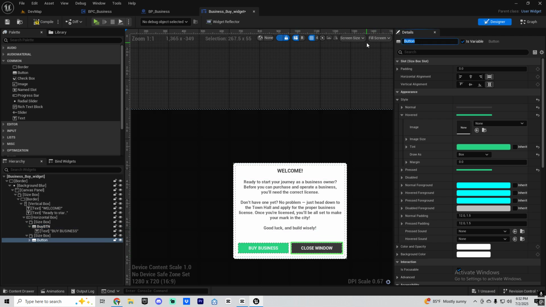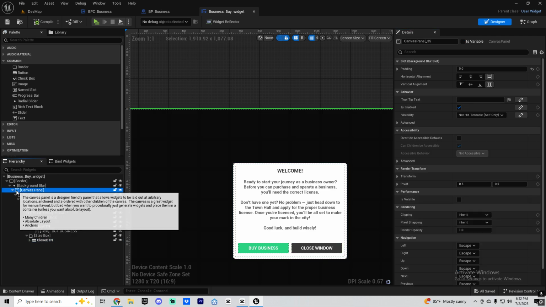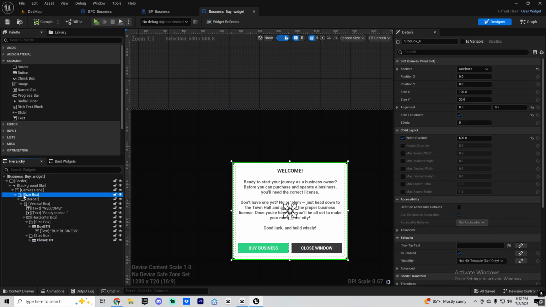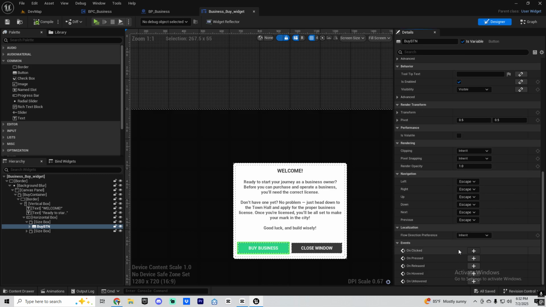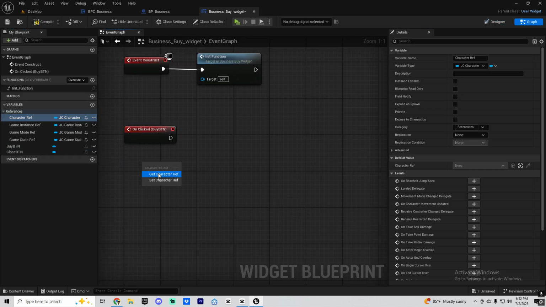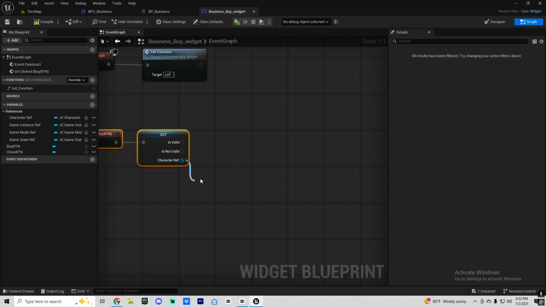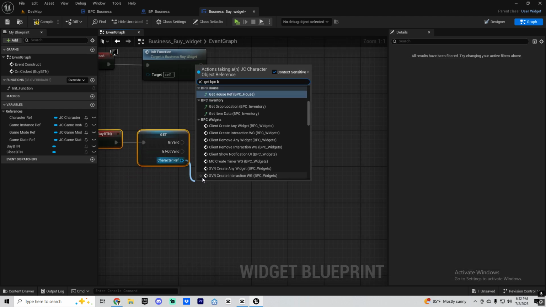and close BTN, and this one would be buy container, and when we click this button, we need to get the character. We get BP business,